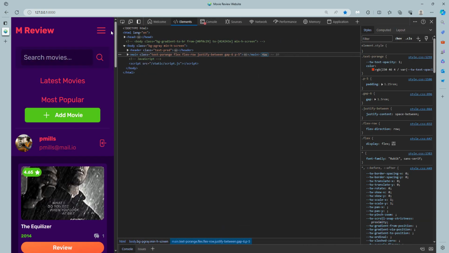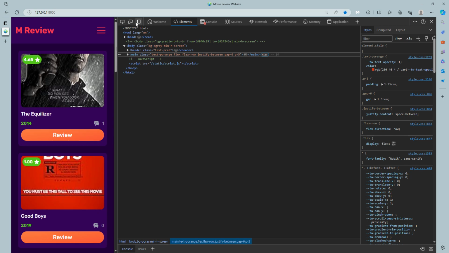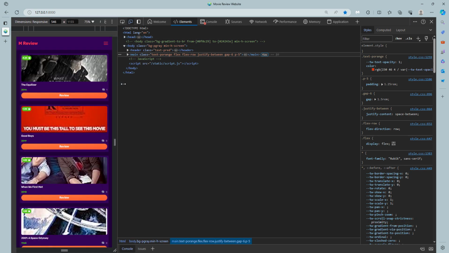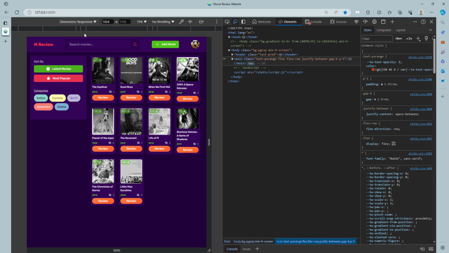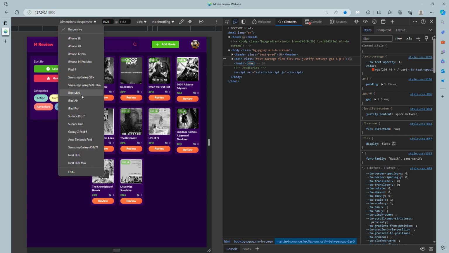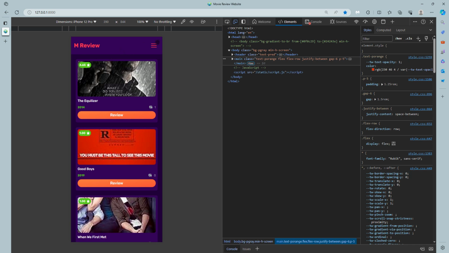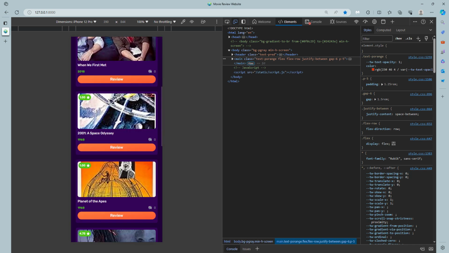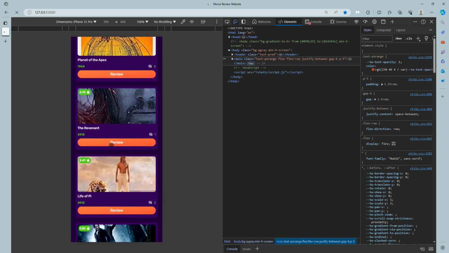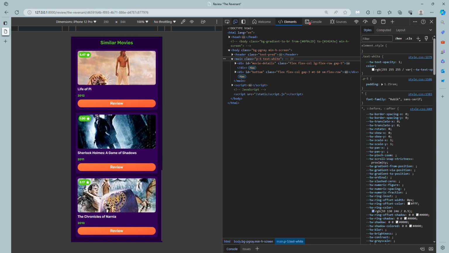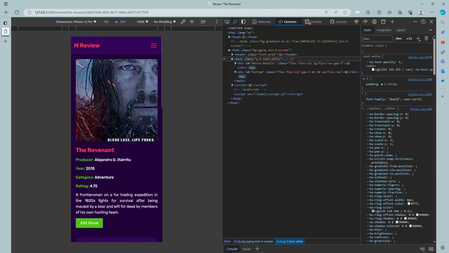All the pages are responsive. If I turn on my device here and choose any of the mobile phones here, maybe iPhone 12 Pro, so you can see that that is the app on iPhone 12 Pro. I can go to any page like this, and everything here is quite responsive on all screen sizes,